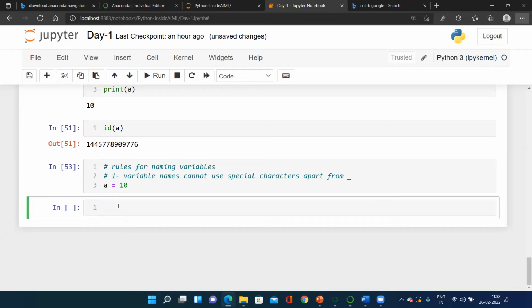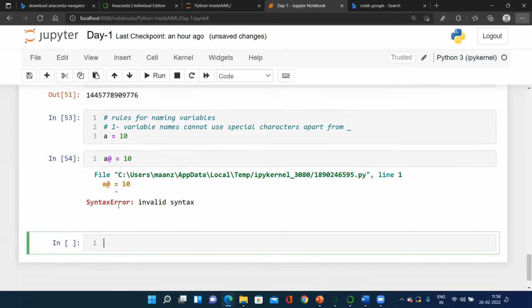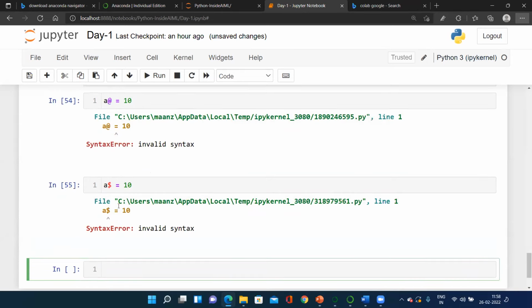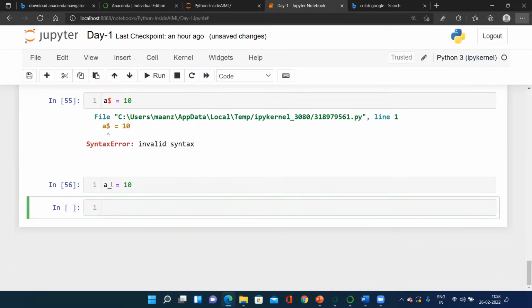If I write a@ equals to 10, it will give me an error. If I write a$ equals to 10, again, that will give you an error. It is not allowed. We cannot use these special characters apart from underscore. I can use underscore. I can write a_ equals to 10. That's fine. It won't give me any error. Okay. Second rule is